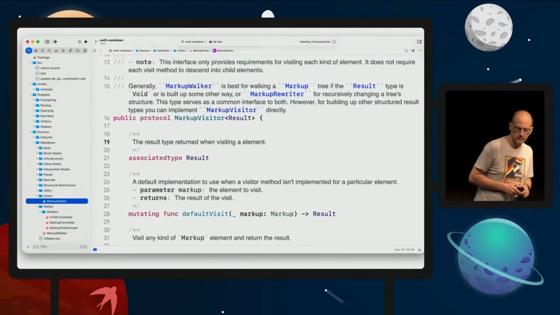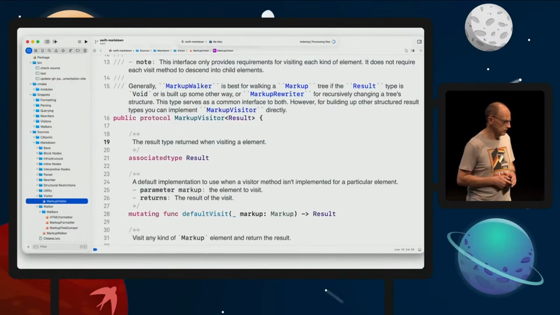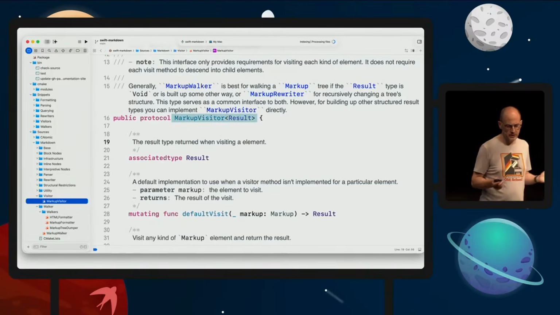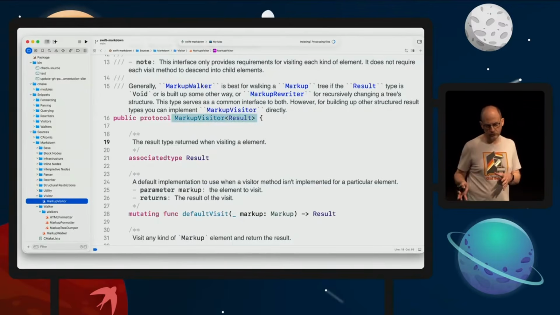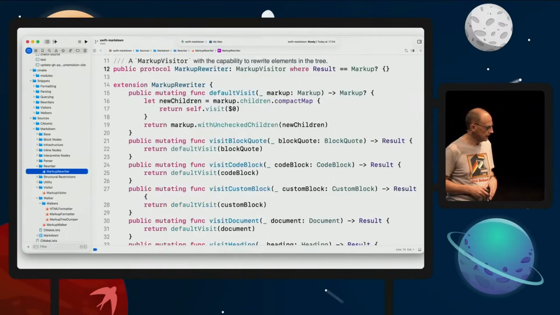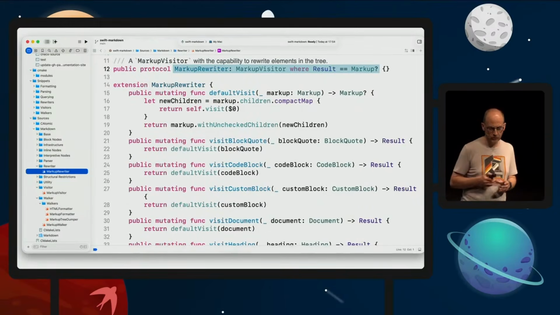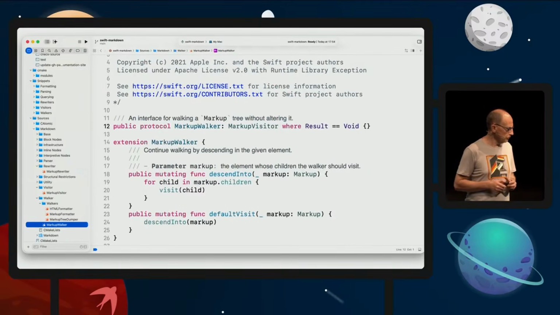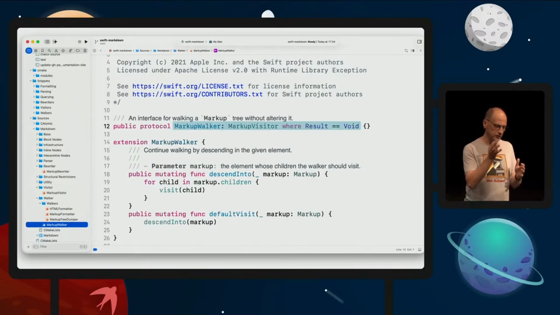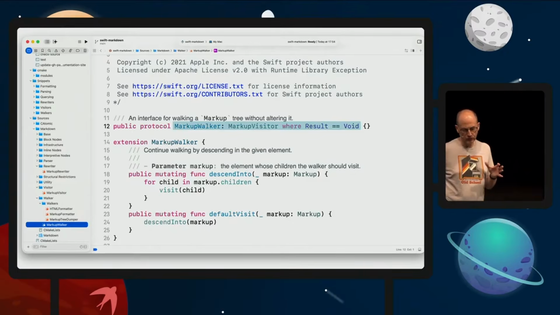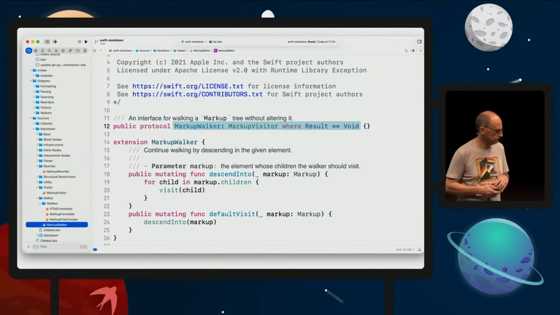And the package provides 3, in fact. It has a generic version where the visit method returns basically any type you want. And that is very useful if you want to convert, for instance, from Markdown to XML. There is another version that returns an optional markup, and that's used to edit the tree. So you could return an edited markup, or you could return nil, and that would remove the node from the tree. There's a third version which returns void, and that's where you visit the whole tree, but you build your output in a different way. And that's what we can use, which will collect the heading nodes into a list.